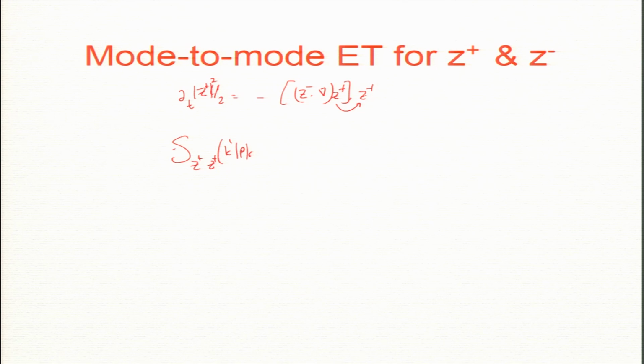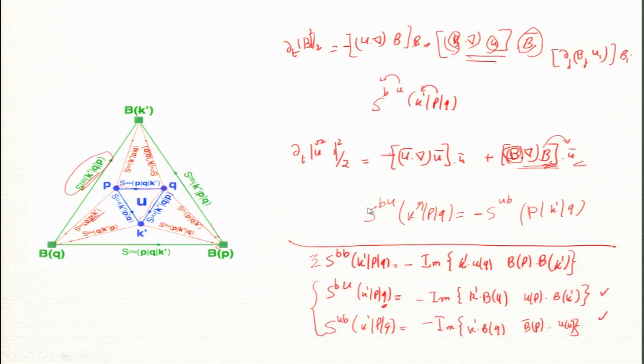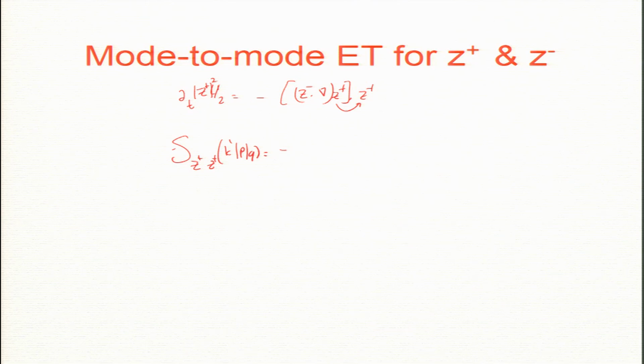K prime PQ is, here there is no minus sign, there is a plus sign. Why is there a plus sign? There is a minus coming from this minus or this minus here, but these are plus signs. Huh? These are plus signs. So the sign difference between SB and SU and SBB and SUU. Okay. Here there is a minus sign here, so there is a minus sign here as well. Now proof is a bit involved, but you can see the signs we have to be careful.